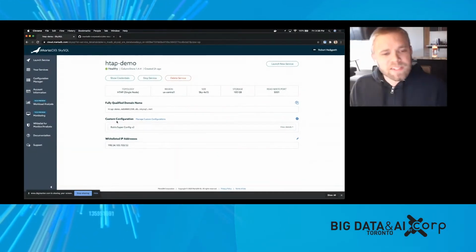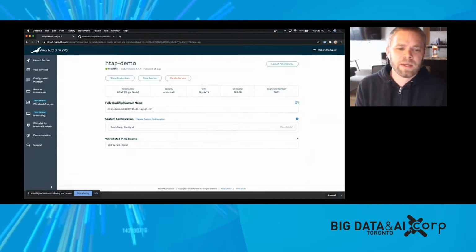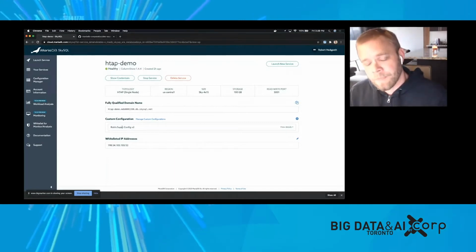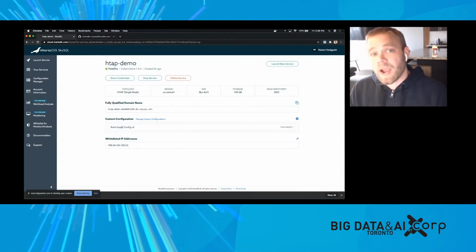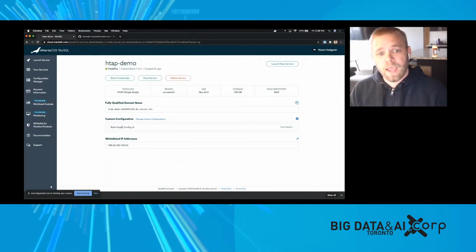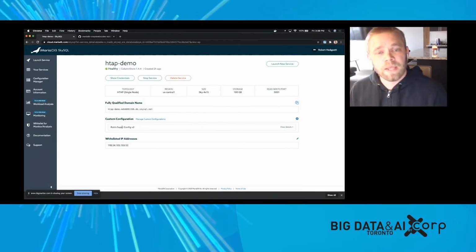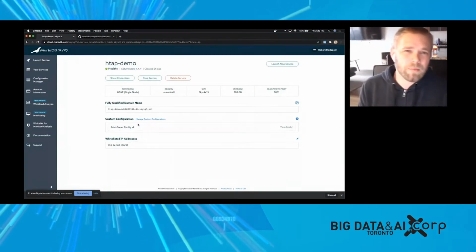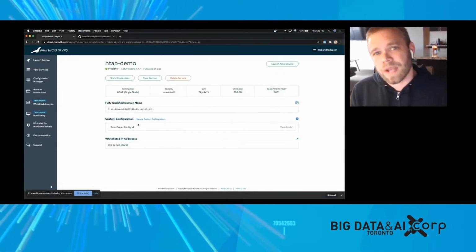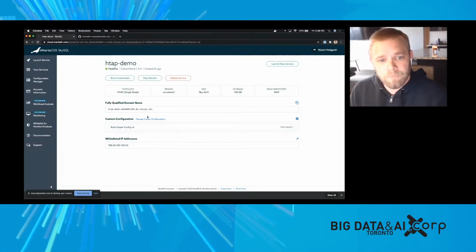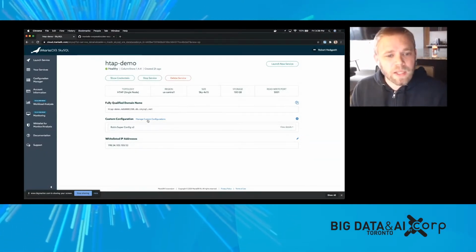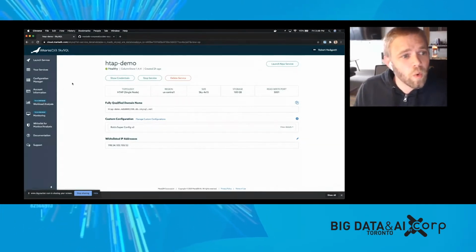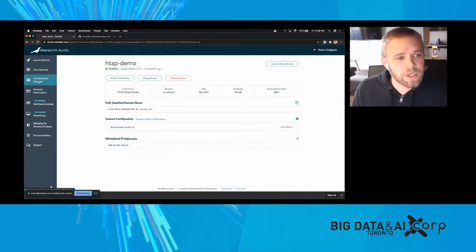Next, as we continue down this list, we can see that we have the ability to set custom configuration. If you're not familiar with MariaDB, know that MariaDB offers a large variety of system variables and configurable information that you can use to tune the database to your needs. So we wanted to allow this as something you can access within MariaDB SkySQL. You can either access it by clicking the link next to custom configuration, manage custom configurations, or you can go back to the left-hand navigation and click